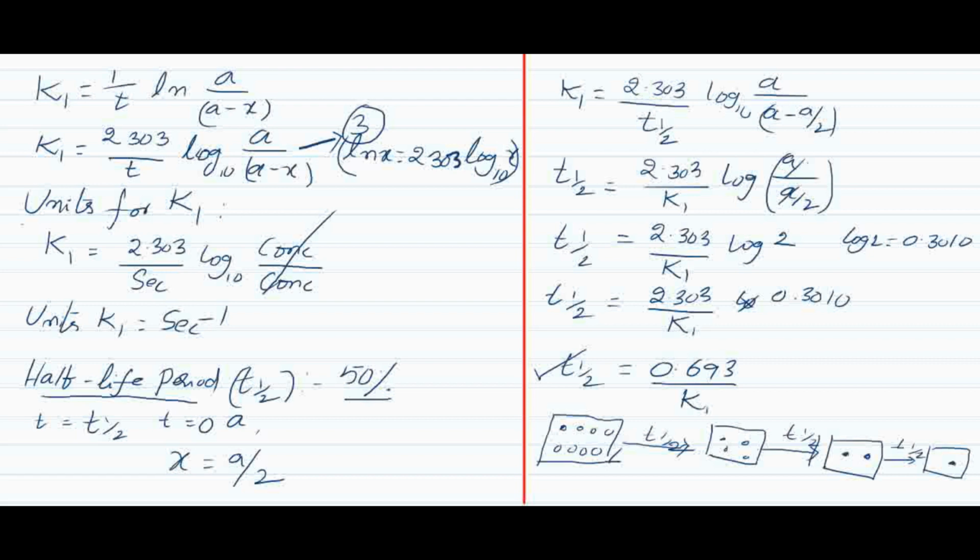So all these half-lives are the same, because for the first order reaction, half-life does not depend upon the initial concentration. Here 8 molecules to 4 molecules is 1 half-life, and 4 molecules to 2 molecules is another half-life, and 2 molecules to 1 molecule the same. So the time required for 8 to 4, and 4 to 2 to 1, all these are the same. So the half-life of the first order reaction does not depend upon the initial concentration, whatever the initial concentration, the half-life is the same.